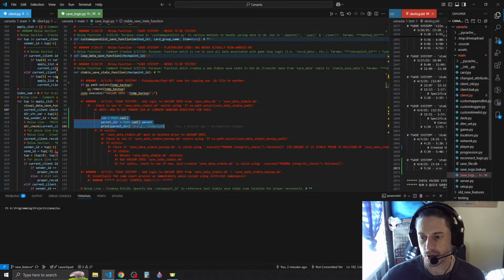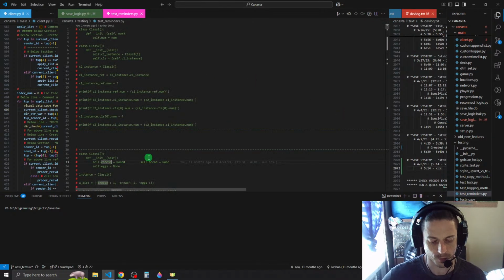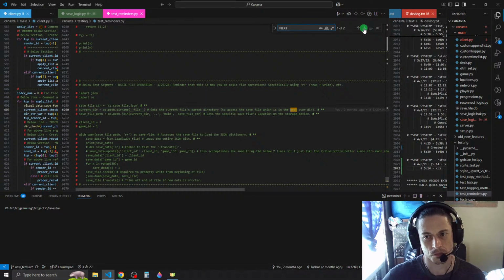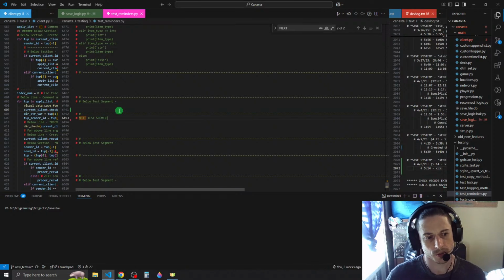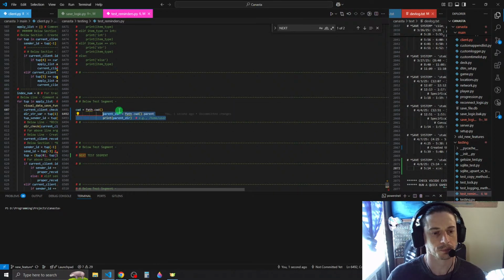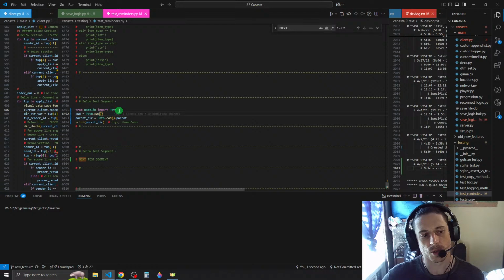Let's go to test files and test reminder. Let's bring this down here. Alright, paste that in. Whoa. What are we gonna do? We're gonna import from pathlib, import Path. Isn't that what it is? Okay, I think so. And then we do cwd equals Path.cwd, and then we want to print